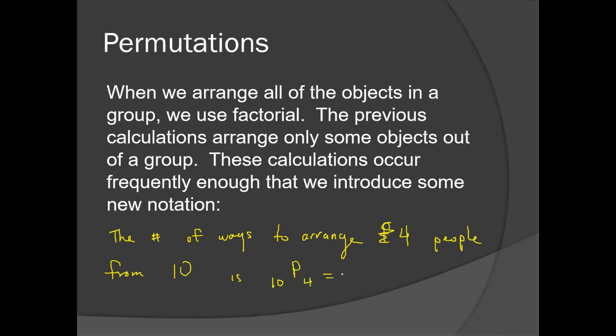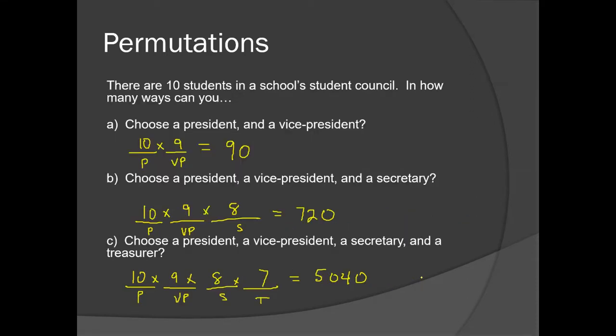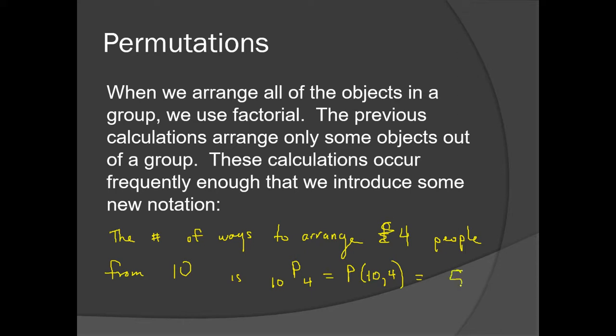10P4. Another way of writing that is capital P, 10, 4 in brackets like that. And from our previous work, we saw that that is 5,040. The number of ways to arrange 4 people from 10 or 4 objects from 10 is 5,040. You guys will have a button on your calculator for permutations, or you should. It might look like nPr, most of them do, but it may also look like Pnr. But yeah, 5,040. So this is the number of ways to arrange a certain group of objects from a big